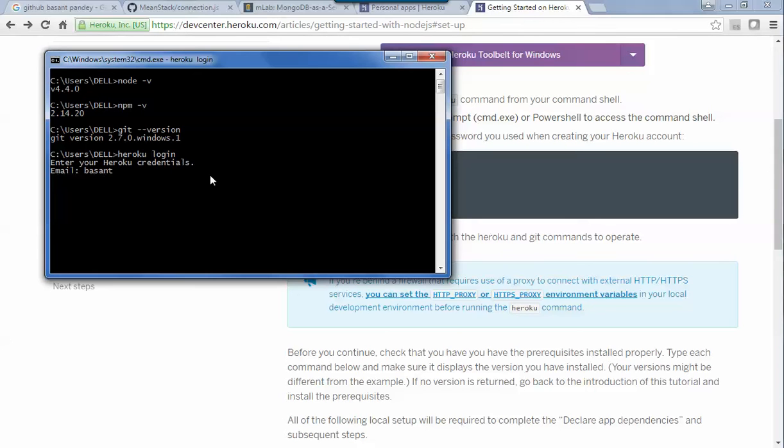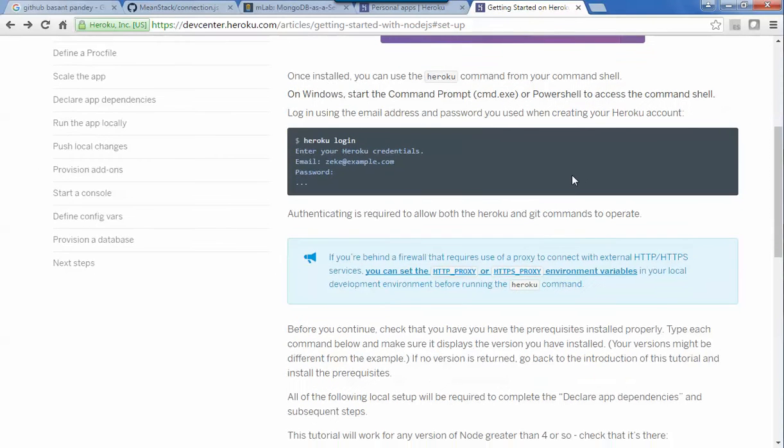Email address. So I provided my email address, and here I'm going to type my password. Okay, so I'm logging in successfully. That's great. Once I'm logged in successfully, the next step,